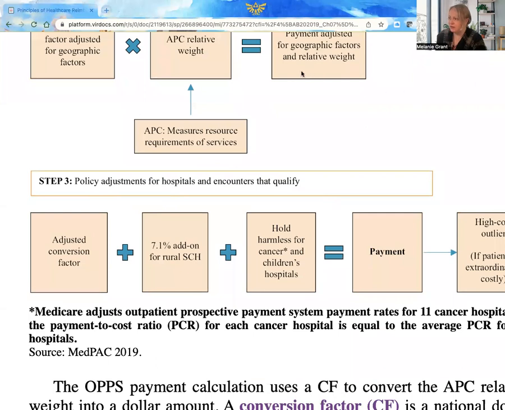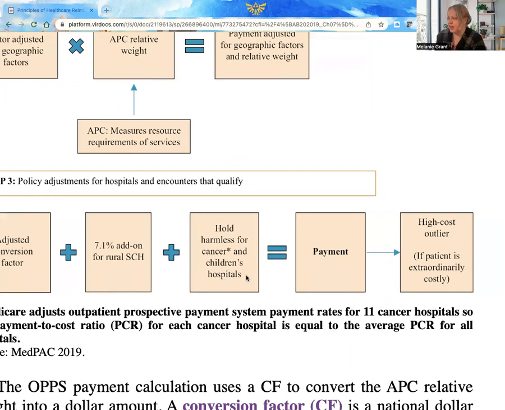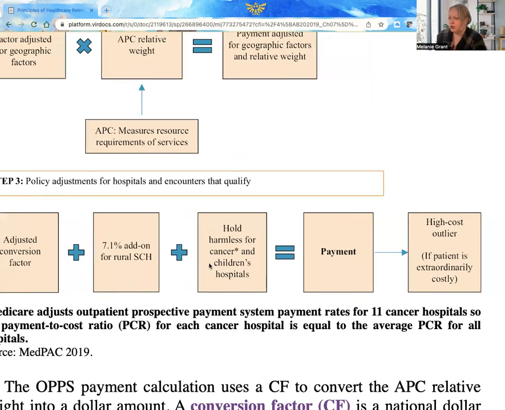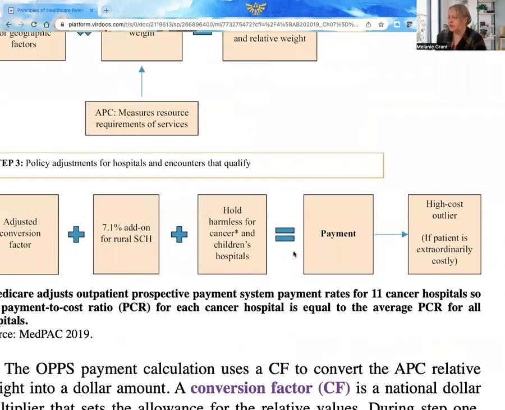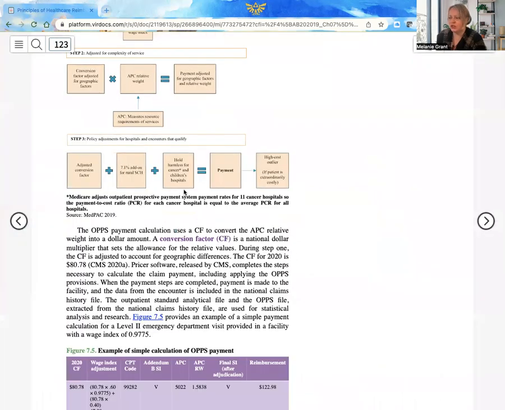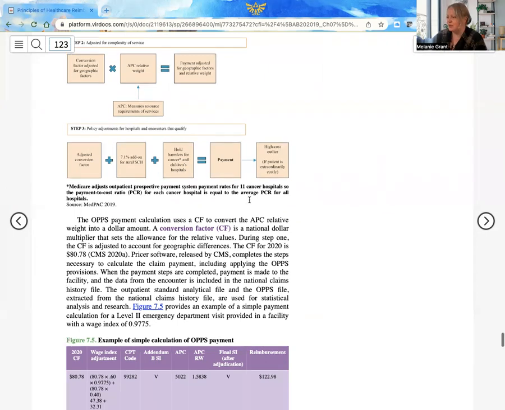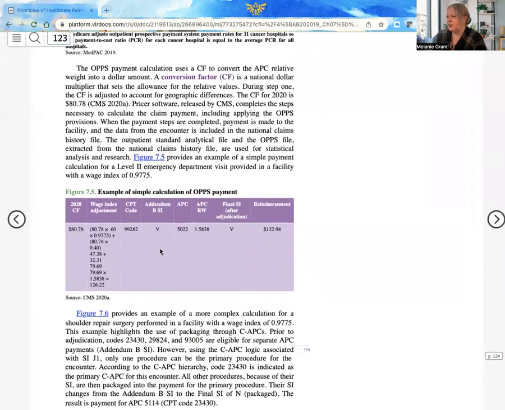Finally, you take that final adjusted conversion factor, and then you add any additional add-ons that might apply from your OPPS provisions and determine your total payment. If there are no add-ons, then there are no additional amounts. And so you would still do this calculation, but you would say the adjusted conversion factor plus 0 equals the total amount. An example of that here,